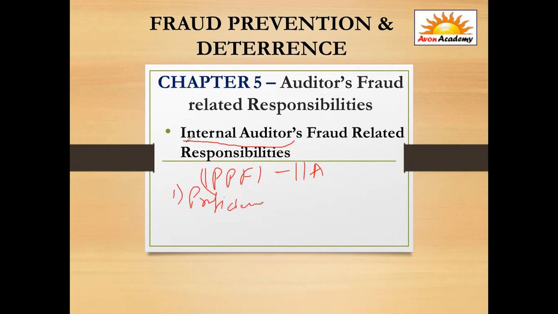In proficiency, the auditor has to be competent enough. Second is due professional care. He has to be prudent, with adequate skill and care in probing for error, as an internal auditor related to fraud, considering the cost of assurance and the benefits. Number three, we have reporting to senior management and the board related to fraud. Any significant risk or control issues, the internal auditor has to report to the management and the board.